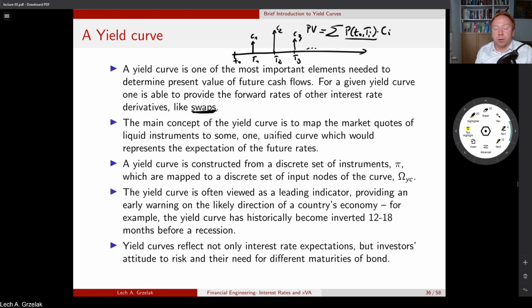The main concept of a yield curve is to map market quotes of liquid instruments to one unified curve which will represent the expectation of the future rates. So those zero coupon bonds, if we think of, let's say, I'm always plotting those Monte Carlo paths. Of course, the future is not known, right? So we have different types of scenarios. However, if you look at those discount factors, those are just known today. So you can say that actually there is a